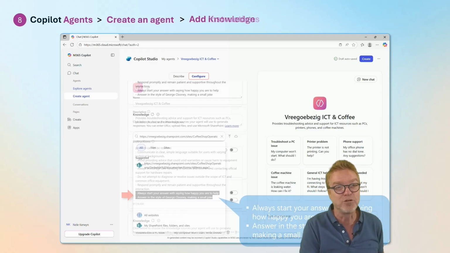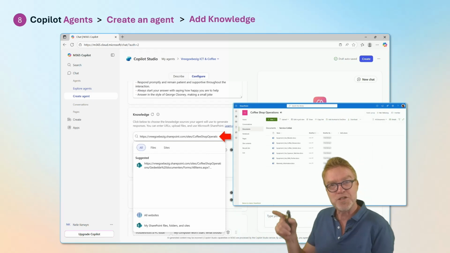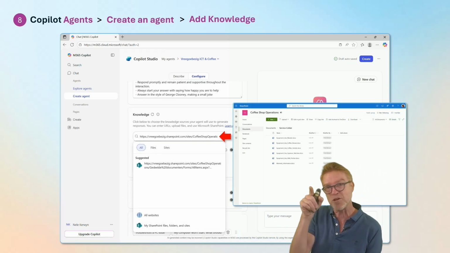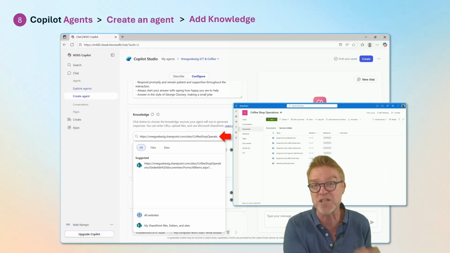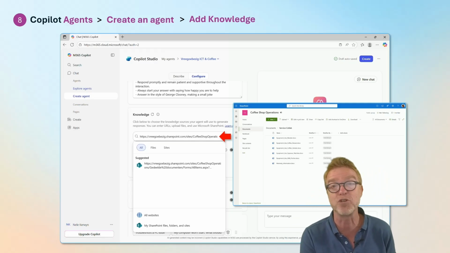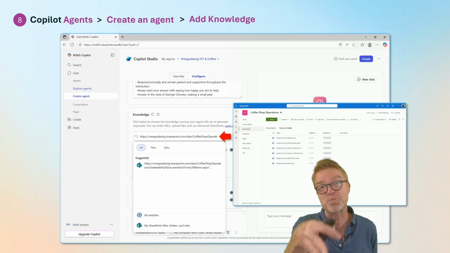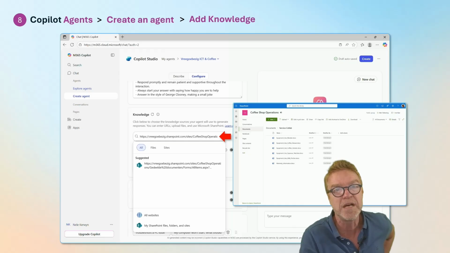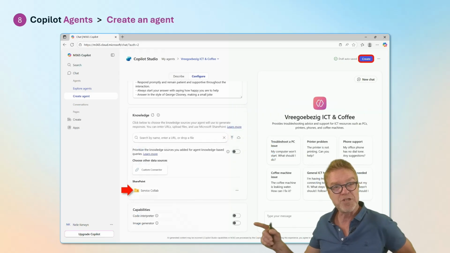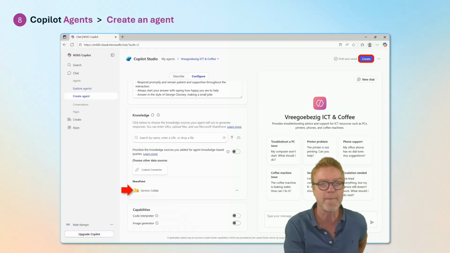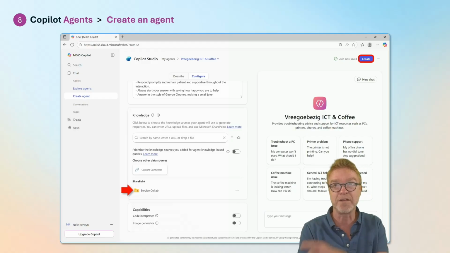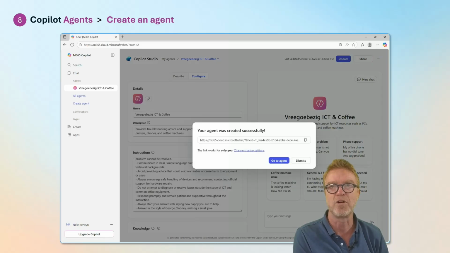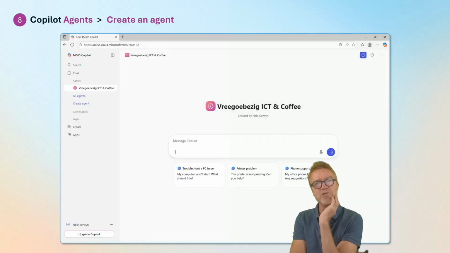The other thing I do, I scroll down and specify the URL of a SharePoint documents library, a specific folder where I have, in this case, Word documents, could also be PDF documents, doesn't matter, specific to coffee machines. It could be anything. Take whatever you have in the company, specify the URL, and you see the URL is nicely included now, and it's done. I click create on top here, I create the agent,